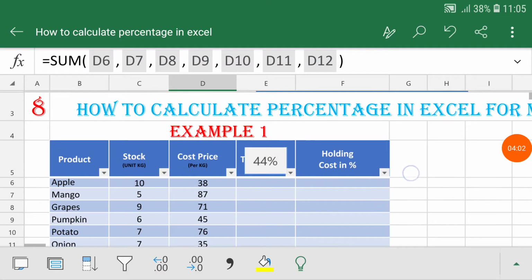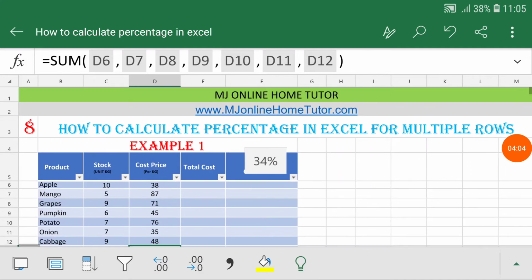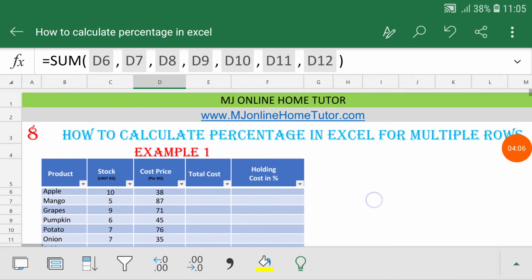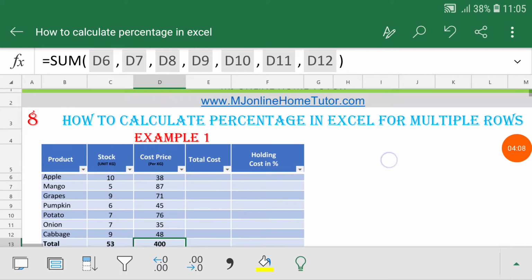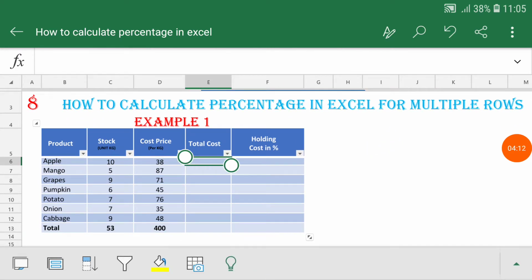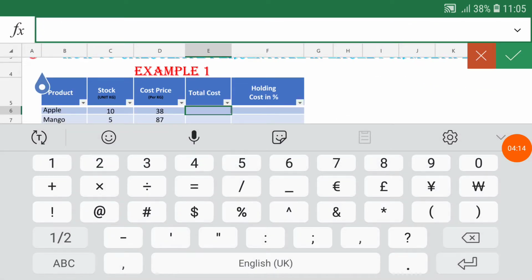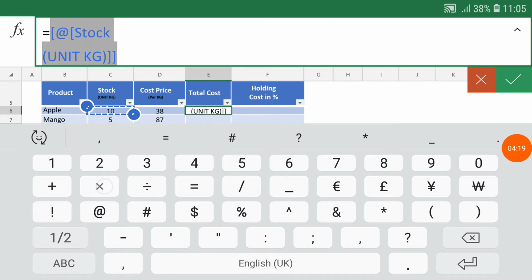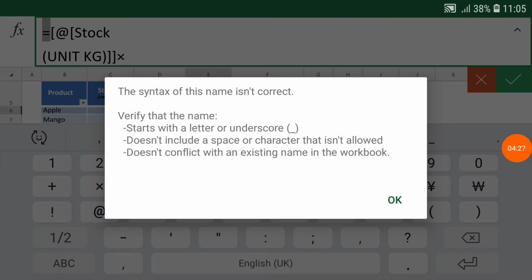So now we have the data and we can create the total cost for each item. Then we will get the percentage of holding cost. For that I have to multiply stock into cost.